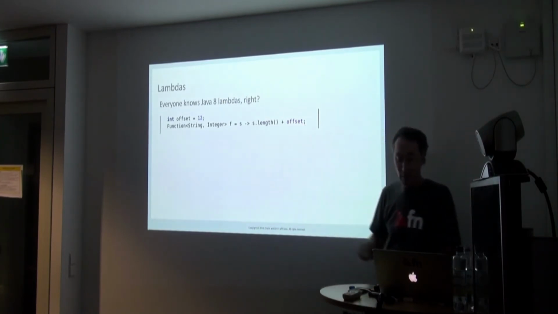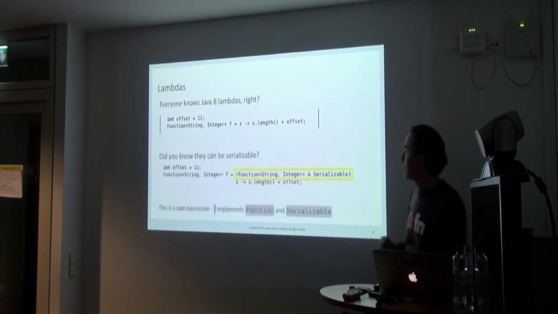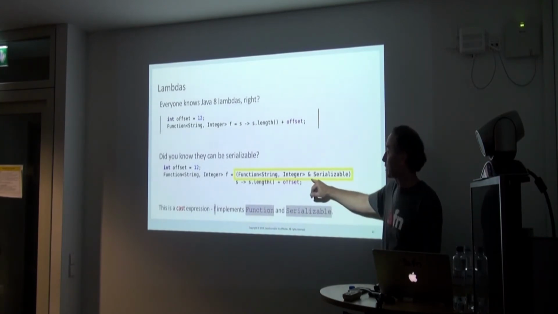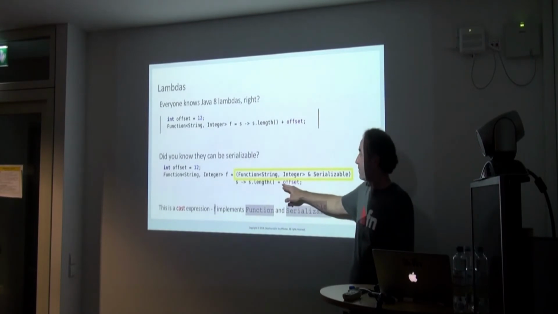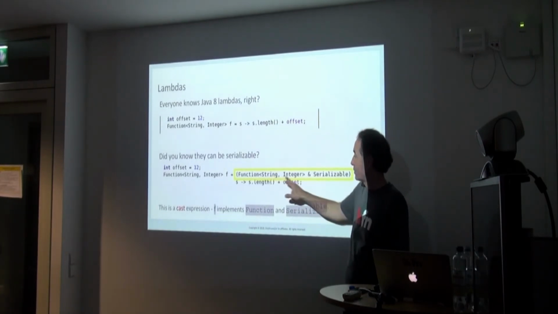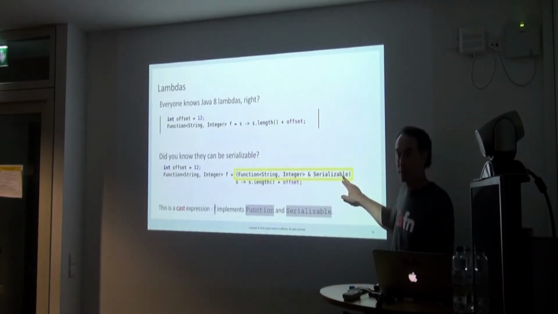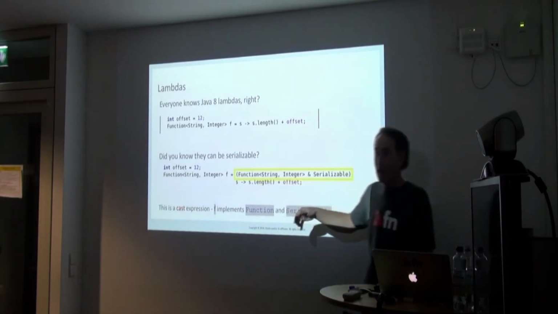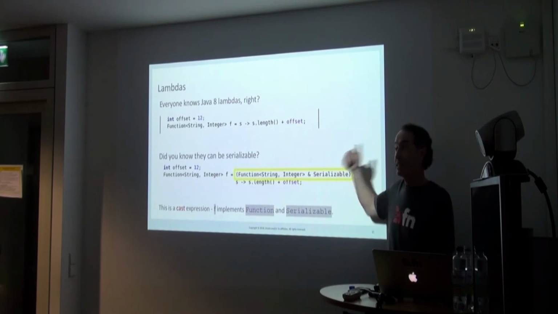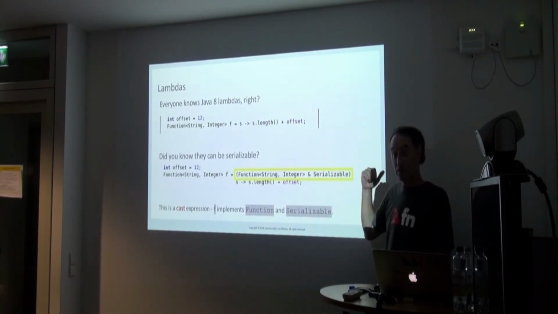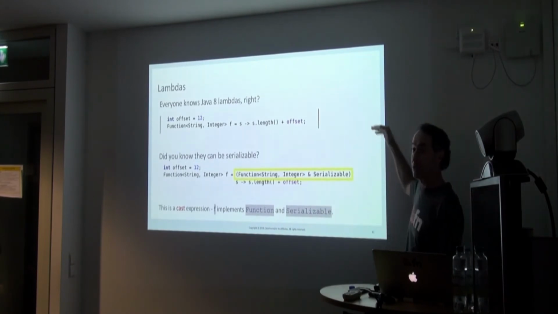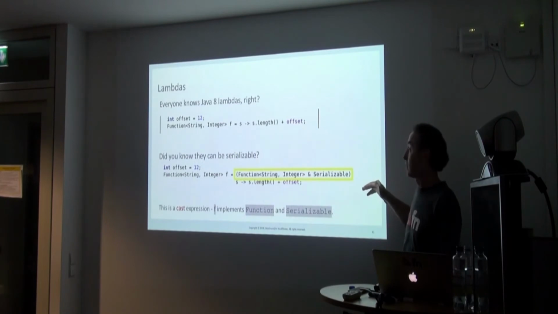Simple expression. Now what's interesting about this is it turns out that the lambdas are serializable. So this is a cast expression where we're declaring this function to take a string, return an integer, and also implement Serializable. Which means I can take this lambda and basically schedule it. I can send it to my flow server that you saw at the top before, all those bubbles. That can become another unit of work that gets scheduled in our engine. It gets run at some point in time when it's necessary.